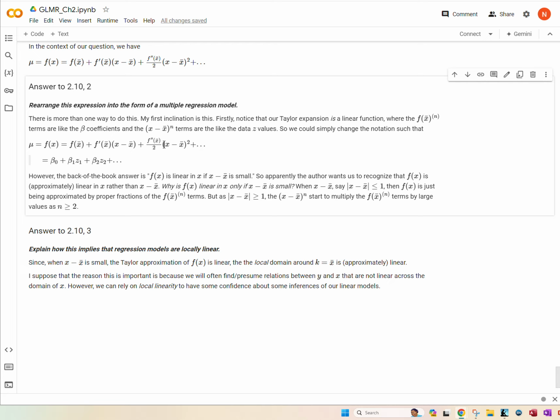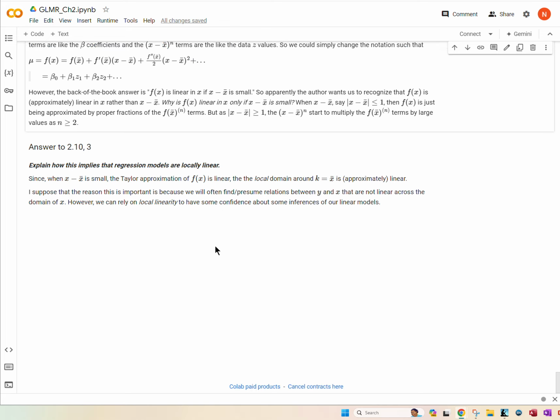It becomes super linear, or I'm not sure what the right term is, but you can see that as this value exceeds 1, all of the corresponding terms become really, really big in a nonlinear fashion. So the reason that I think the book wants to frame this question in the way that it does